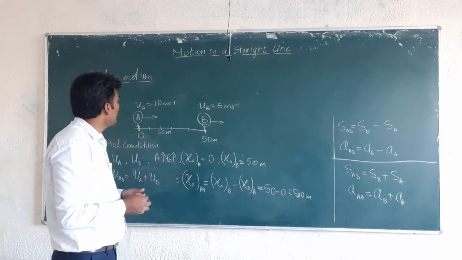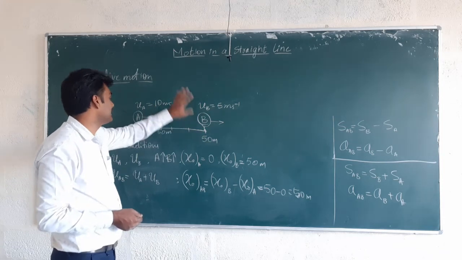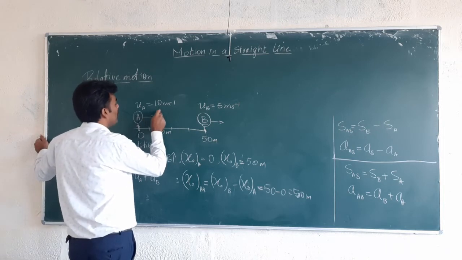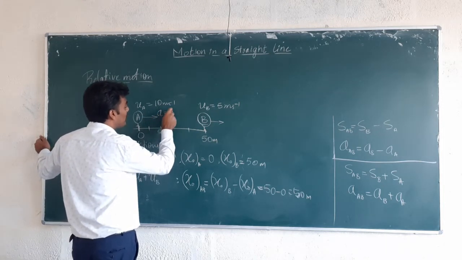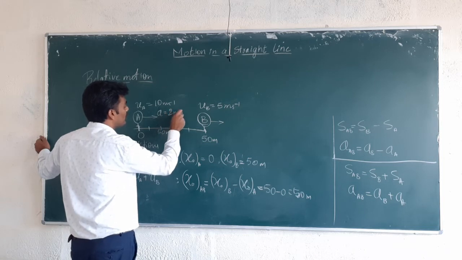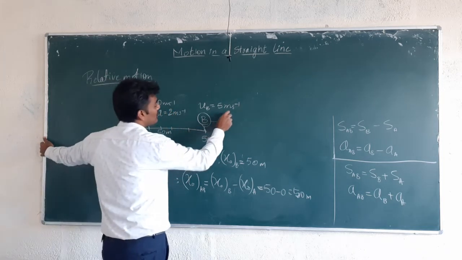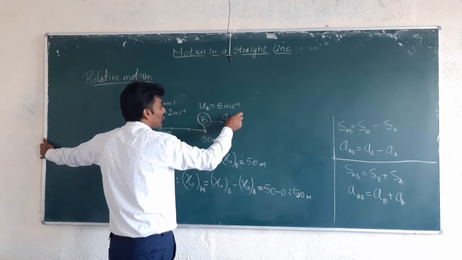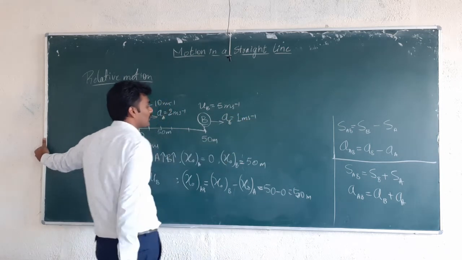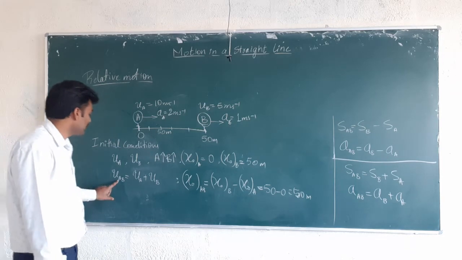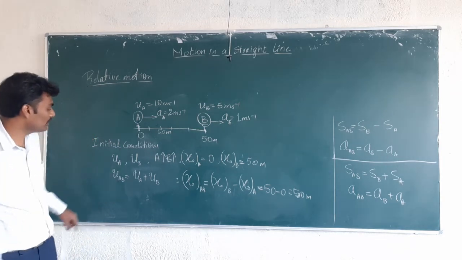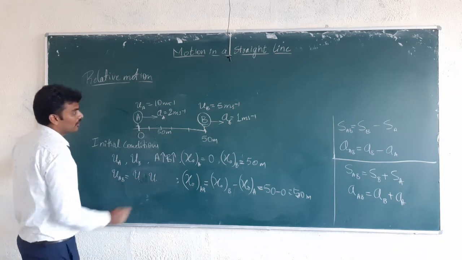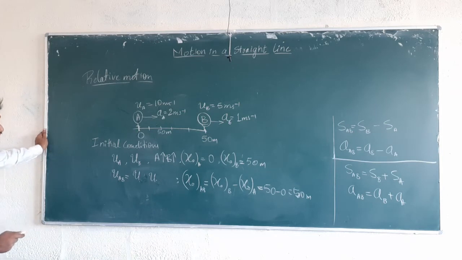Okay, and yeah, they can also give you the accelerations of these. That is also possible. Okay, let the acceleration of body A be 2 meter per second squared and the acceleration of body B be, say, 1 meter per second squared. Okay, these are the conditions. So this is the initial relative velocity, UA, sorry, it is not the same direction now, so it should be UB minus UA.